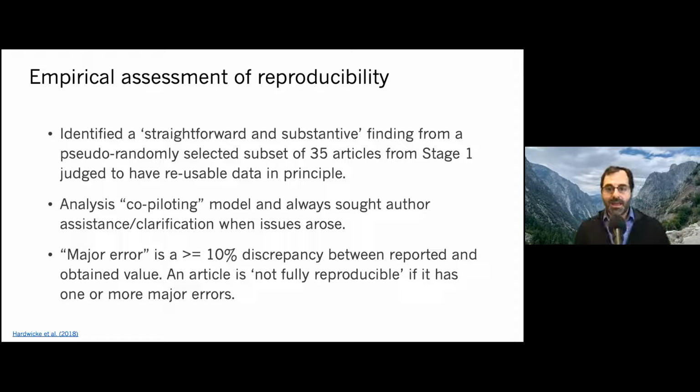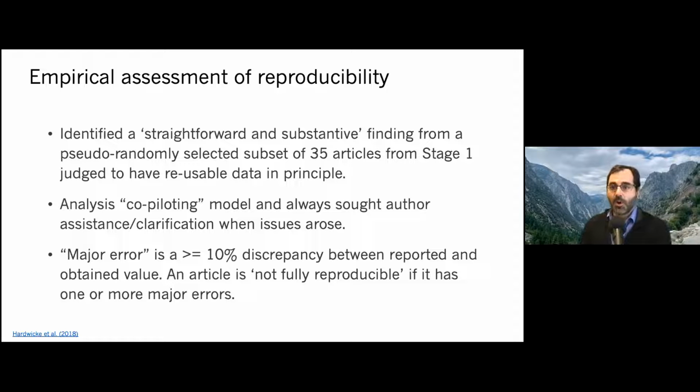And we did this by co-piloting. So an initial pilot tried to reproduce this analysis, writing code to find the same numbers from the author's data as the authors reported in their paper. And then we pulled in a co-pilot in every case who checked that and ensured that they believed the reproduction attempt had done everything possible to try to find the numbers, or that they were correctly finding the numbers in the case that it was successful.